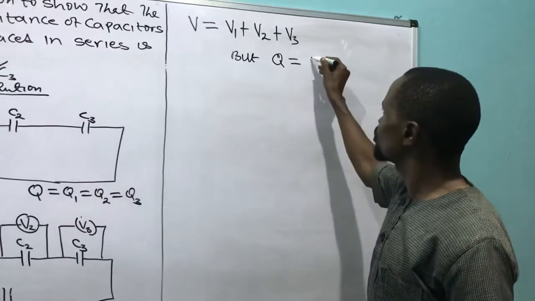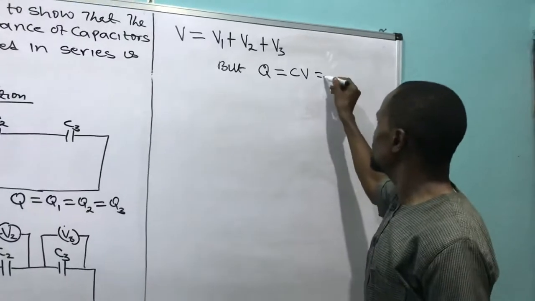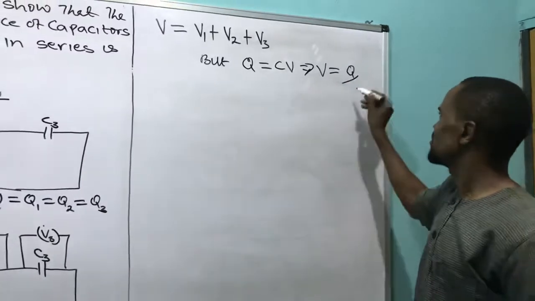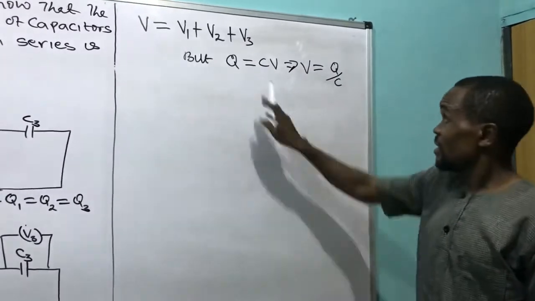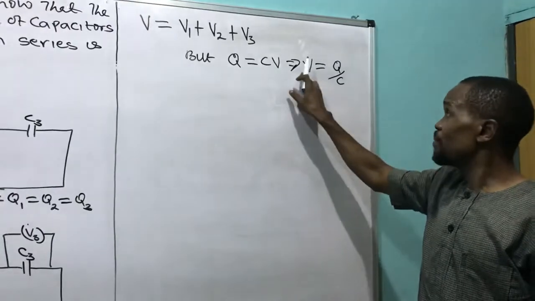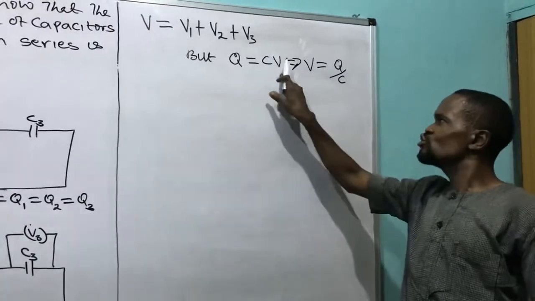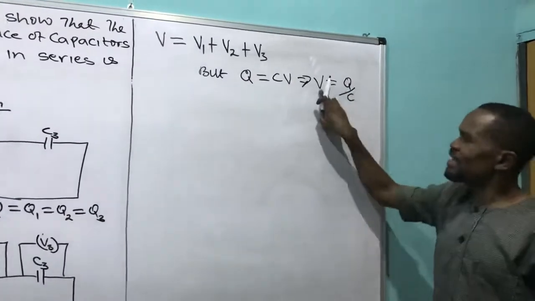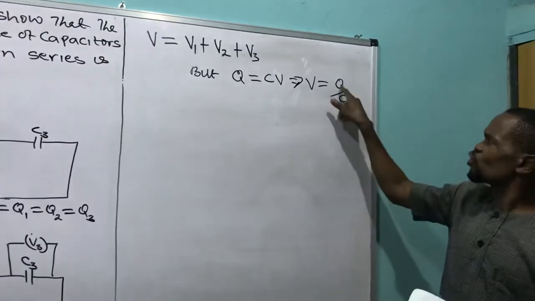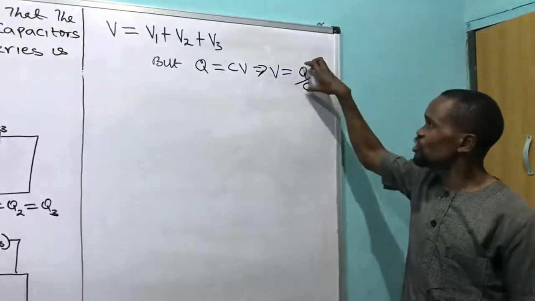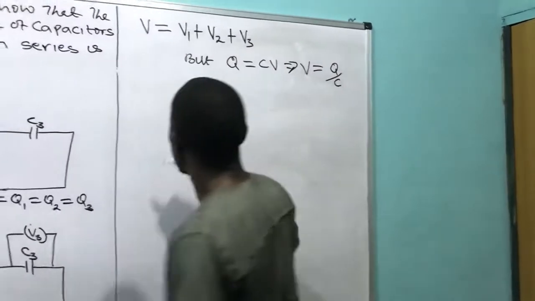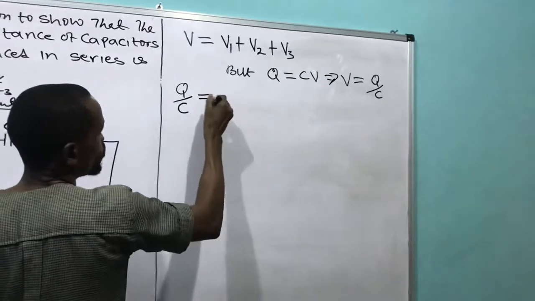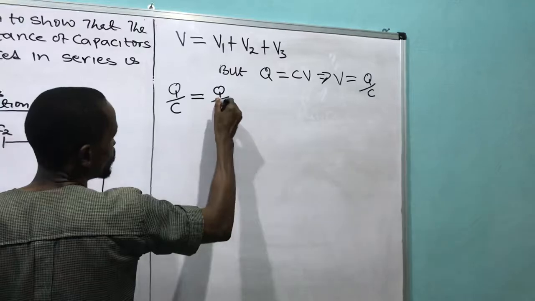But according to what I did now, Q is equal to CV. Then it implies that V is equal to Q all over C, right? Are you getting me? It said Q is equal to CV. It implies that V, making V subject of formula by dividing through by C, I have this. Then substitute. I will take this one to replace this one. Since V is equal to Q over C, I'm going to use this to replace this in what I have mentioned here. I'm going to have Q all over C equals